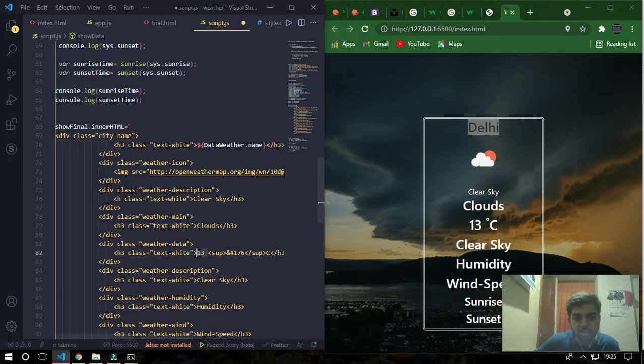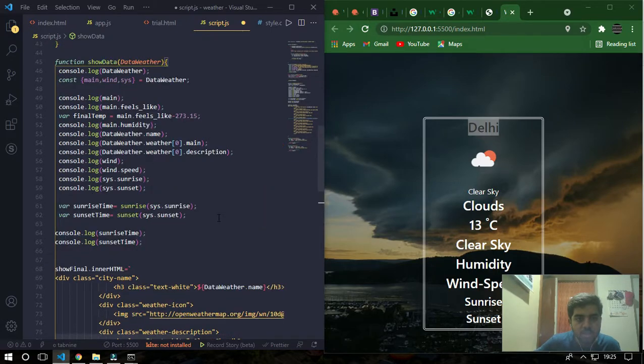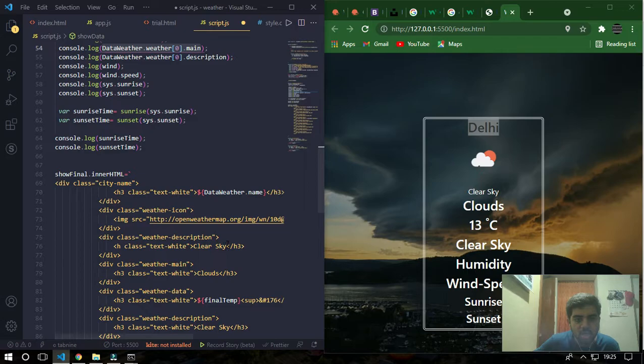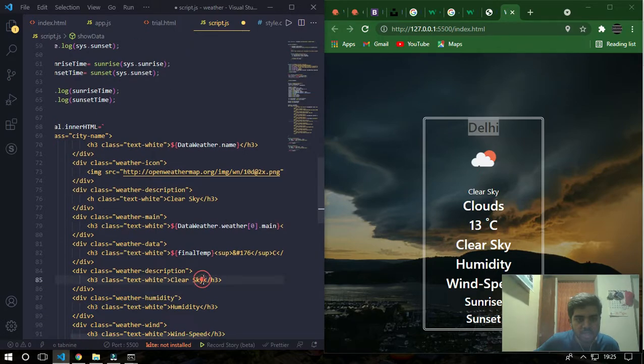This is finalTemp, then data.weather.main is our clouds. Okay, then description is our clear sky.